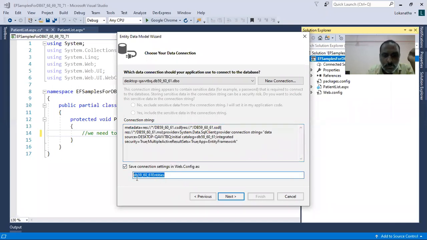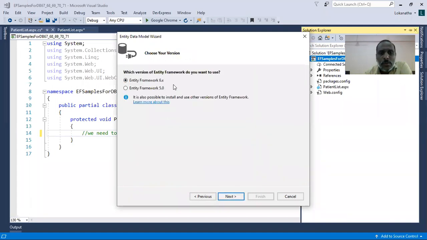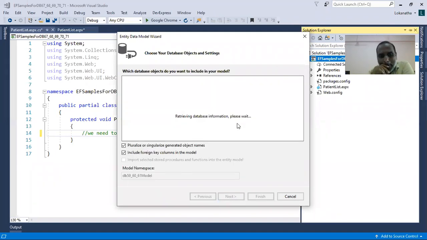If you want to give some other name for your connection string, you can, not an issue. Okay, so I don't want to change this. Let me go for next. Okay, now it is asking me whether to choose the entity framework latest version or old version. Okay, so why old? Always new will be better. So obviously select 6. Next.